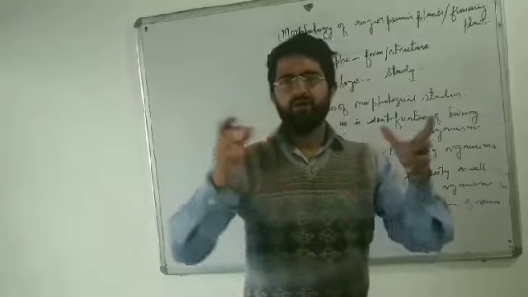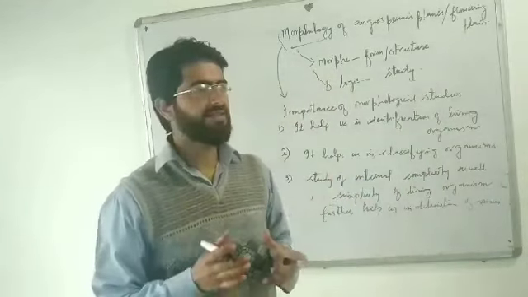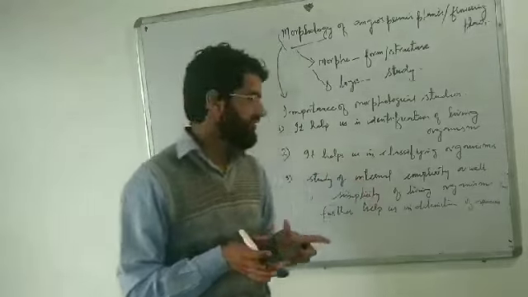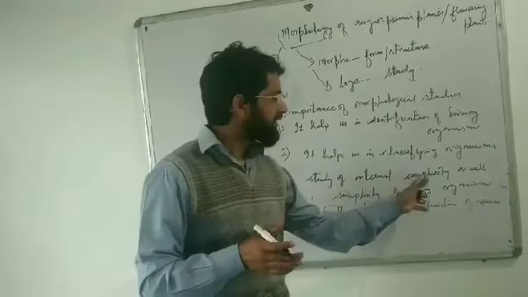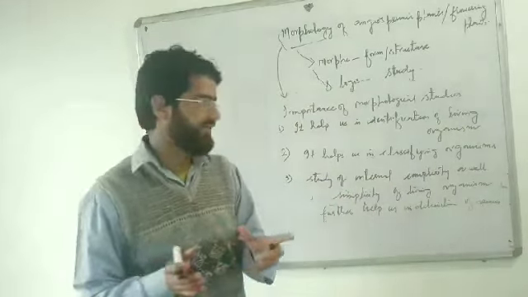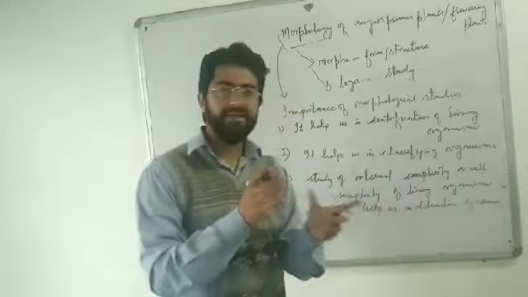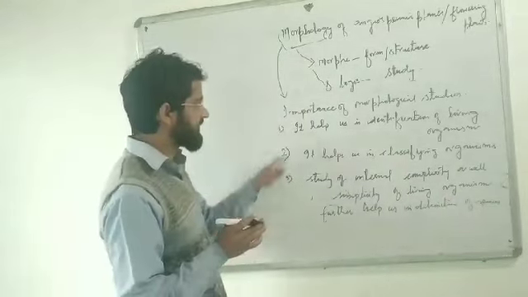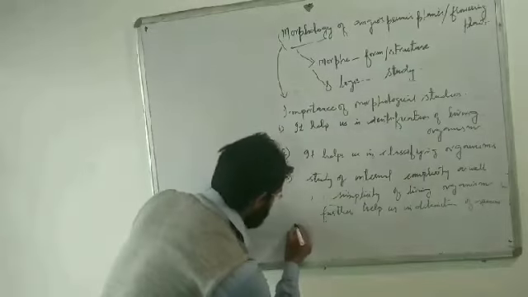Some species in outer outlook or appearance look alike, but when we study their internal structures, there is both complexity as well as some simple structures. By identifying this complexity, we can easily delimit the organisms. That means these are three. And fourth is,